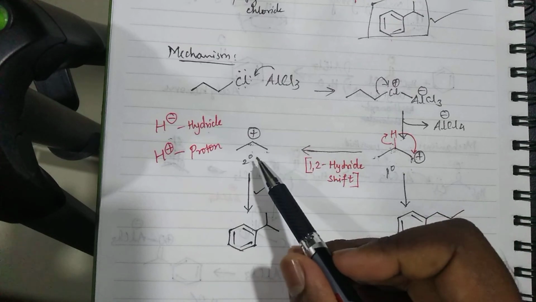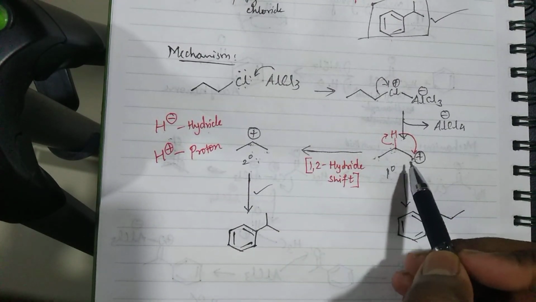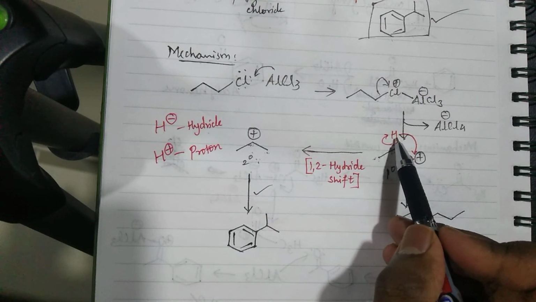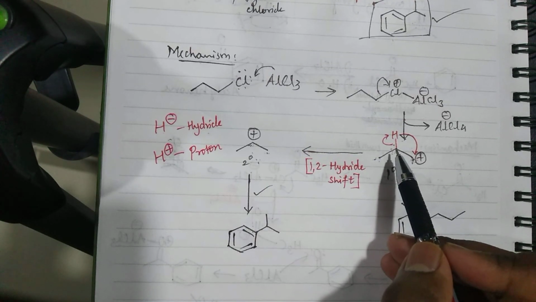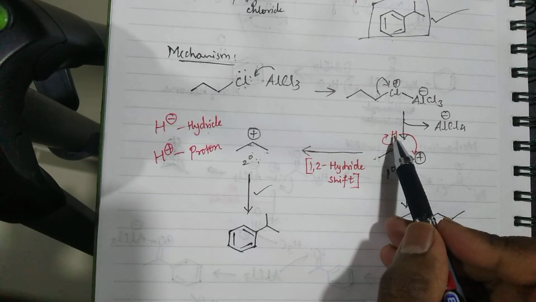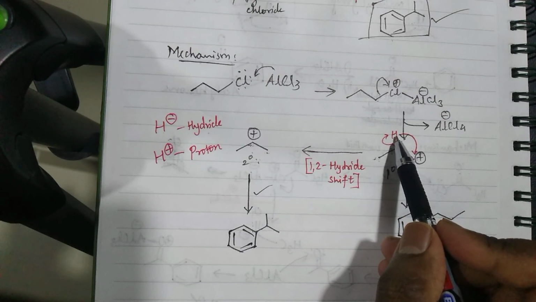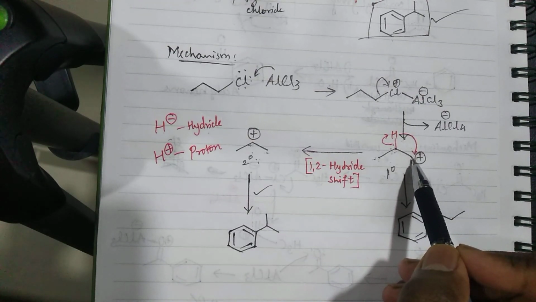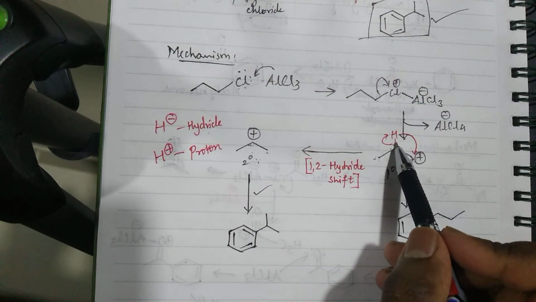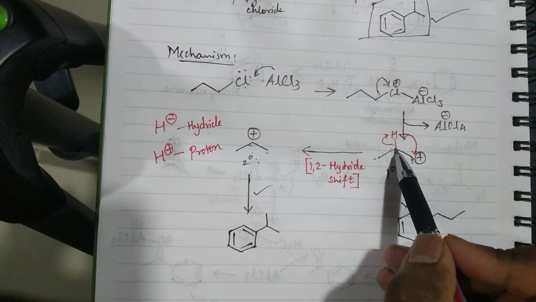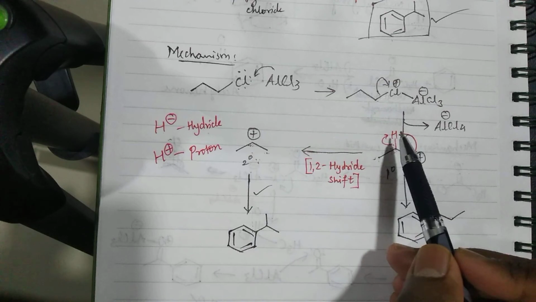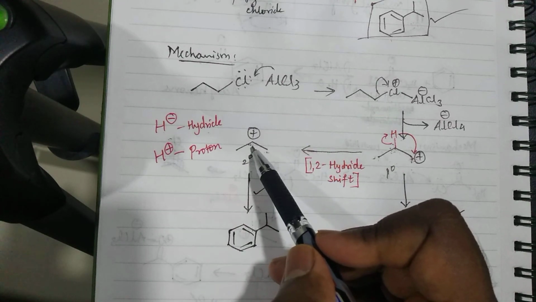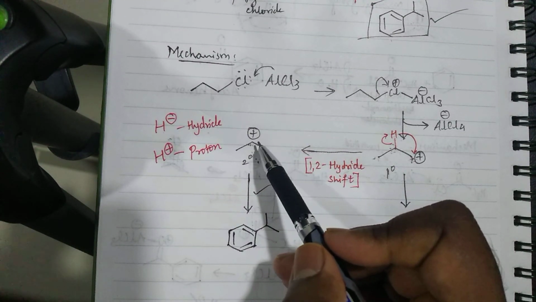Now how can I get a secondary carbocation? If you look here, this carbon next to the carbocation has a hydrogen. So what it will do is it will push the hydrogen out in the form of hydride. I'll explain to you what a hydride is, don't worry. This hydride comes and sits on this carbon. Here both the electrons are left with hydrogen, so this carbon will be left with a positive charge. This hydride, which is negative, comes and sits here, neutralizes the charge here, so you get a carbocation here.